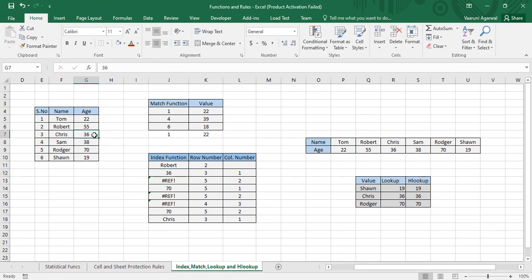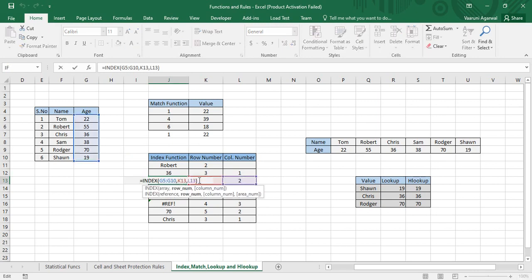This means that out of this, the third row number and the column number that was chosen as 1, you got the answer as 36. Which means that despite giving the column number, as only a single dimensional array was selected, we got the answer as 36. Now what happens if we just again select a single dimensional array, which is this H column only,